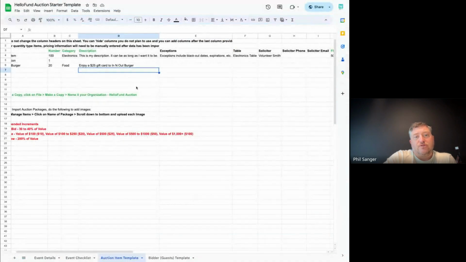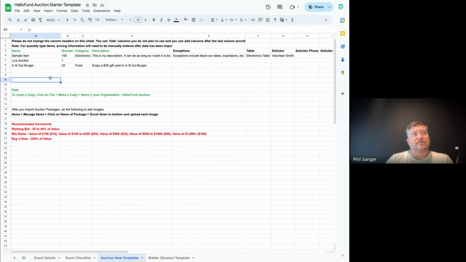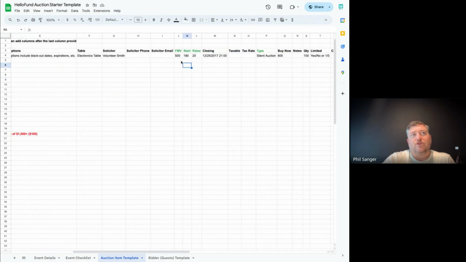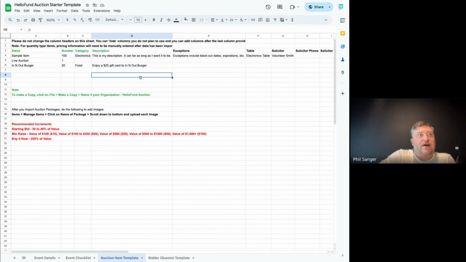And so we recommend using this, as while the software is easy to use and you can add items in there or packages in there, we actually recommend using this template, because if you use this template and put in all the information, name, category, description, fair market value, you can go in and put in the starting rate, the starting bids, minimum raise, buy it nows. So if you enter all this information in this Excel or CSV file, you can import it all at once